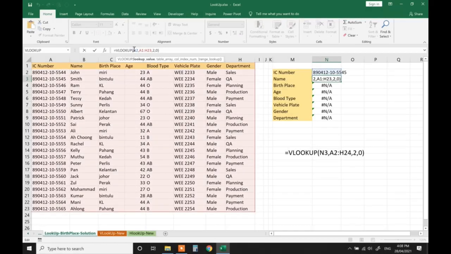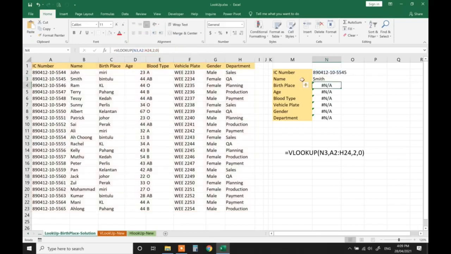The lock function in Excel is for you to hit F4. Before the value of N2, you need to enter a $ sign in order to lock cell N2. The next is the data cell. We also need to lock the entire data cell by using the $ sign, and followed by,